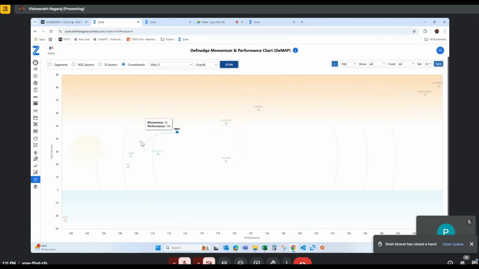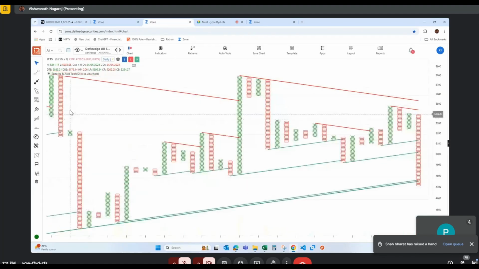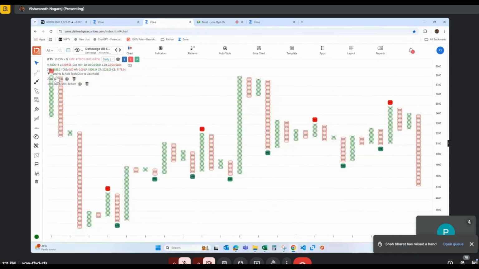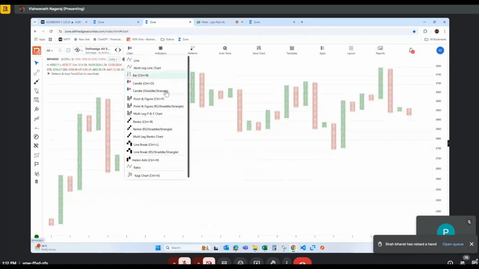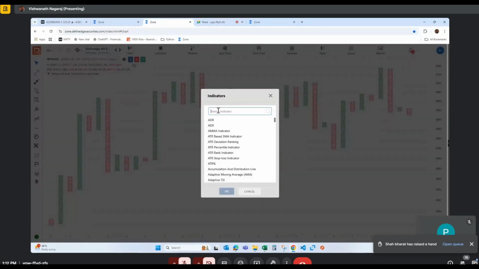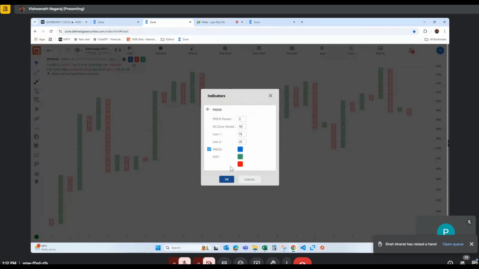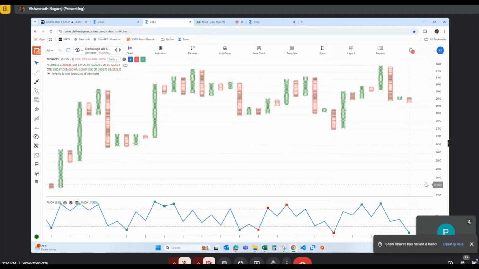The stock script names are all in black, except emphasis, right? Let me show what that emphasis is. Let me close this for now. I don't want this. See,